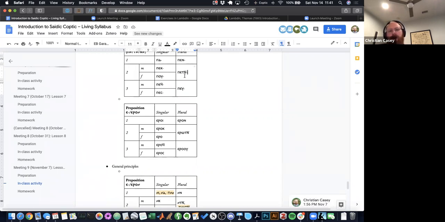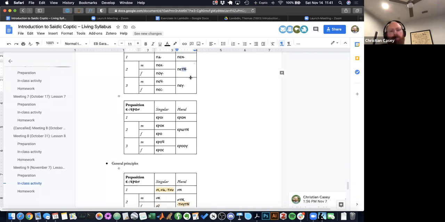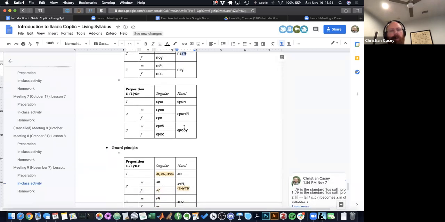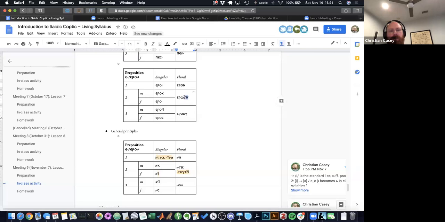This is pretty predictable, actually. Petin makes perfect sense. We go, you know, pek, pef, pes, pen, petin, peu. It's always just pe plus the pronoun. For the second person plural, the pronoun is generally ten. And we get some consistency like that with the